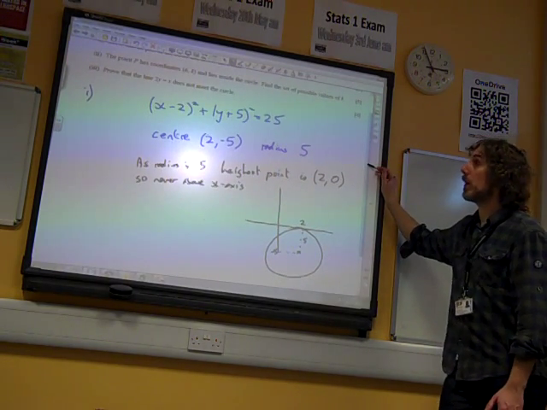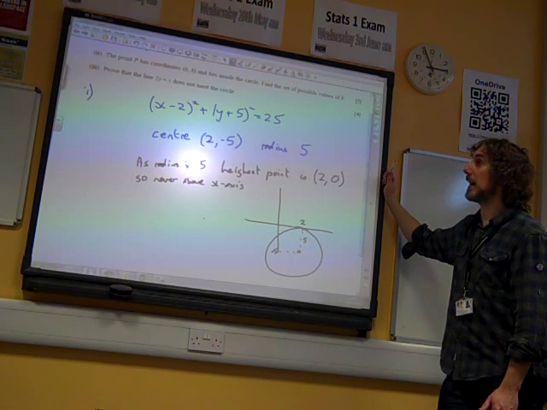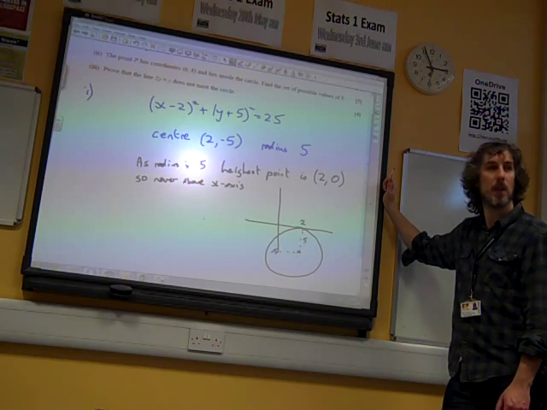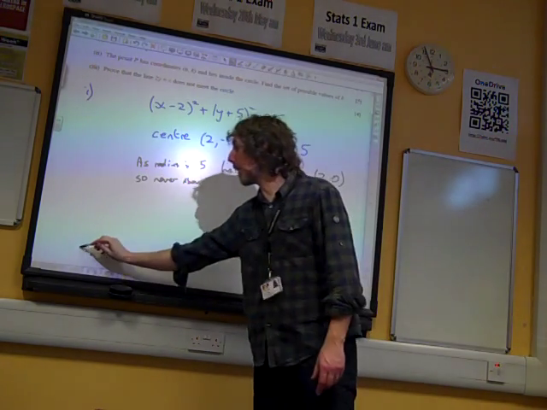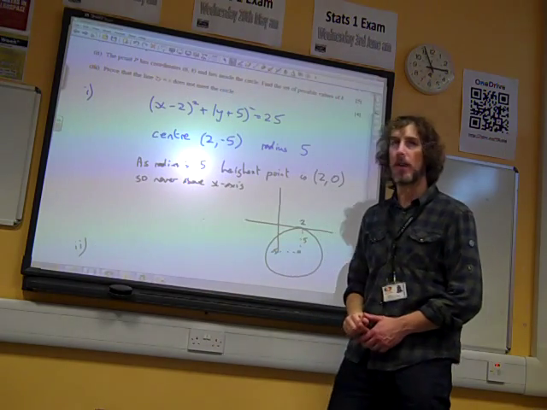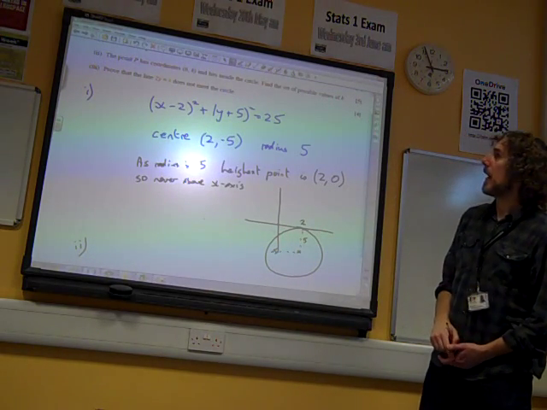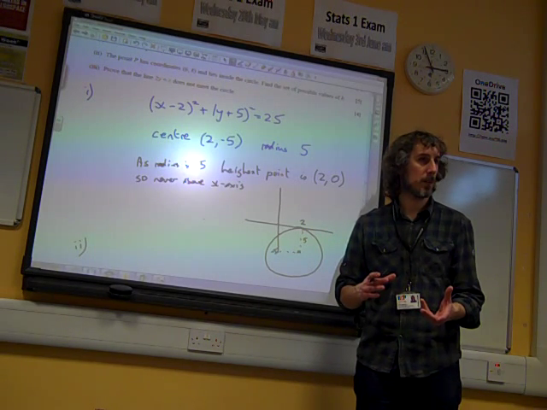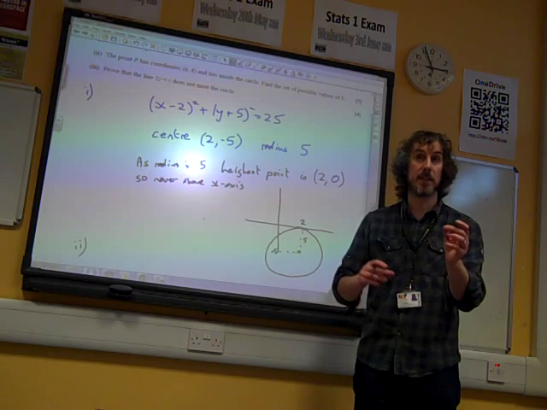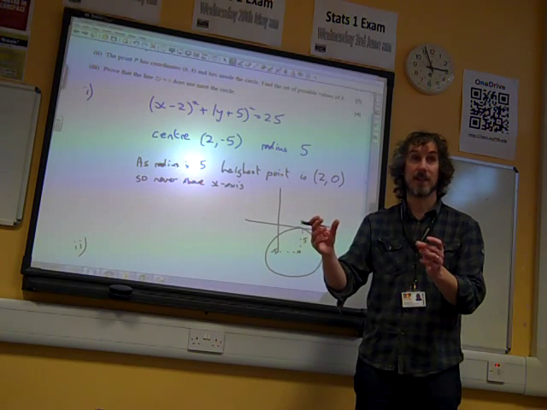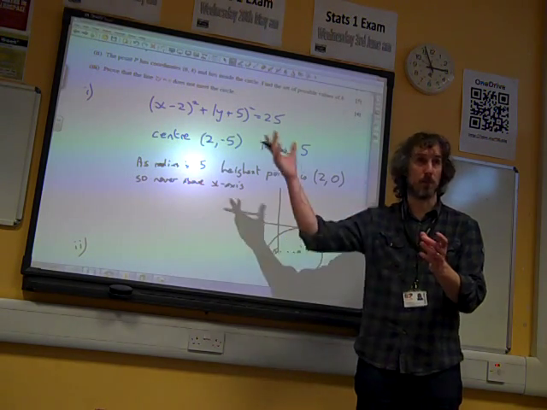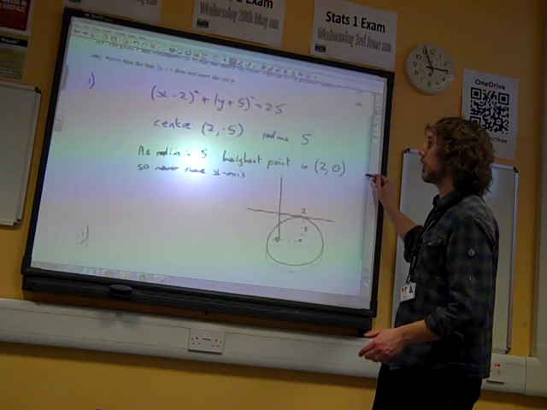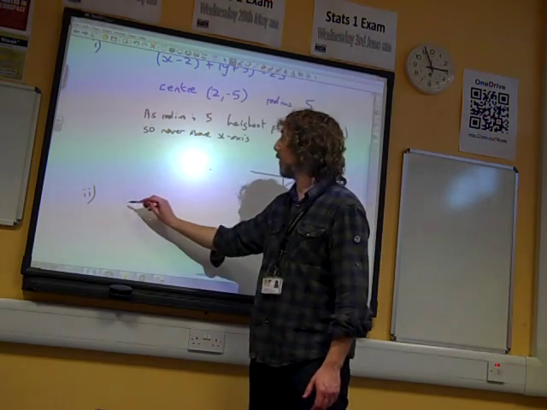Now, part 2. The point P has coordinates (6, k) and lies inside the circle. Find the set of possible values of k. We have done a few questions similar to this about whether points are inside or outside. If that point is inside the circle, then that means the distance from the centre to that point is less than 25, or less than root 25. So that means what we might do with this, the centre was (2, −5), this is the point (6, k), so